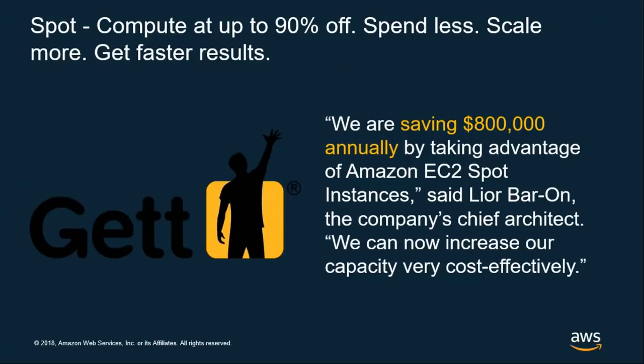A really cool customer example who's been able to do this is an organization called Get, or Get Taxi. They're a ride-hailing service that runs on AWS, and they were able to save over $800,000 a year by taking advantage of spot instances. And really interestingly, because of how Get Taxi approached this challenge, they said, for every on-demand instance we no longer need, we're going to replace it with 2 spot instances. And so instead of saving 90%, they saved about 65% over the cost of running their service,